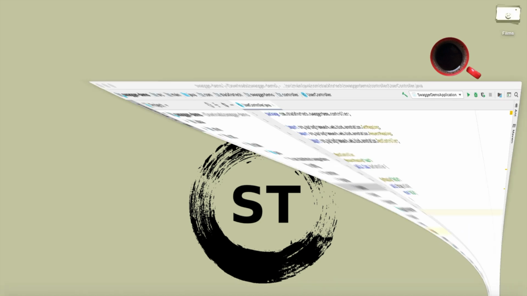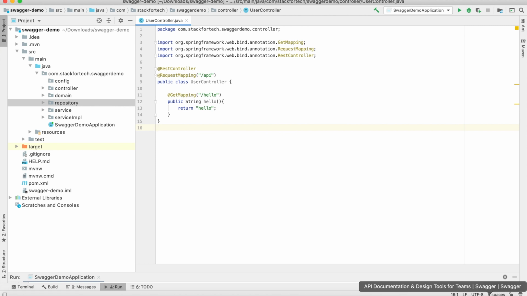So I have generated a Spring application from start.spring.io with basic dependencies: Spring Web, Spring Data JPA and H2, just to get a feel of a RESTful API. Now we will see how we can enable our application to have this Swagger documentation. Since Swagger is not a Spring-created dependency, it is created by the Swagger or SpringFox team, so we have to grab that dependency and add it in pom.xml.